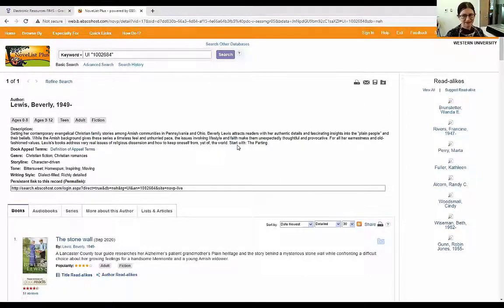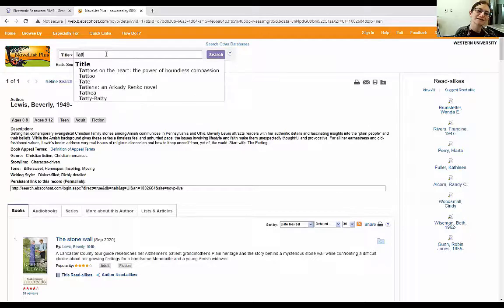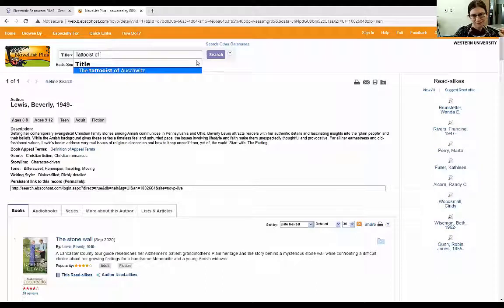As for another aspect of what our hypothetical patron asked for, books based on a true story, we may find this slightly more challenging. Novelist doesn't have a search for books based on a true story exactly, but we can get creative and look for something similar. So what I'm going to do is look for a book that I know is based on a true story. So like Tattooist of Auschwitz. And if I search that